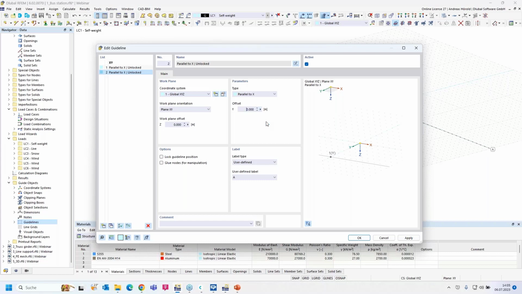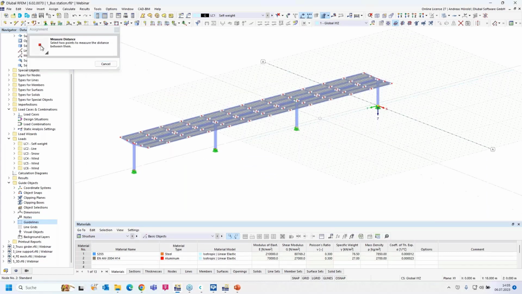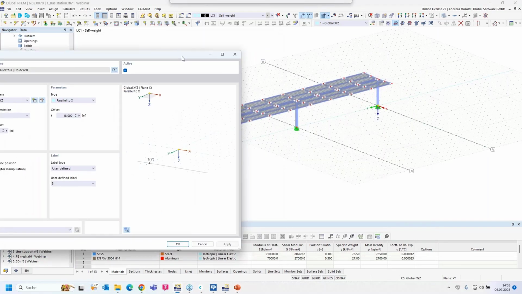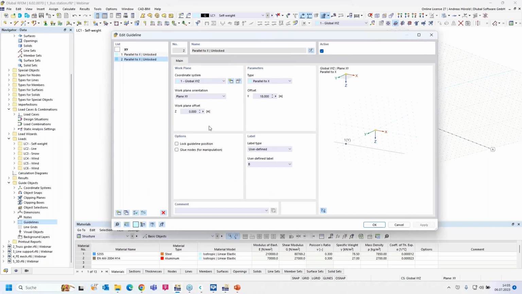Let's measure the distance between the two columns here. Okay, 18 meters, and we have to rename the guideline. Apply. Okay, then we create the other guidelines, the same workflow, 36 meters,